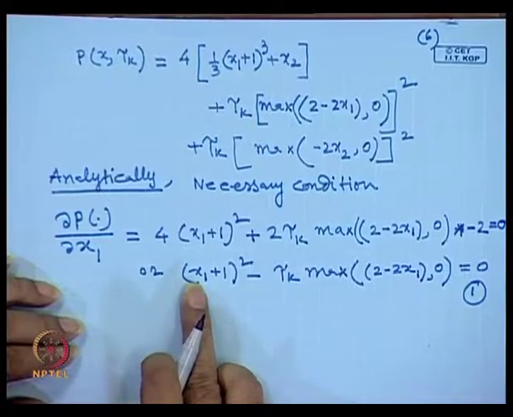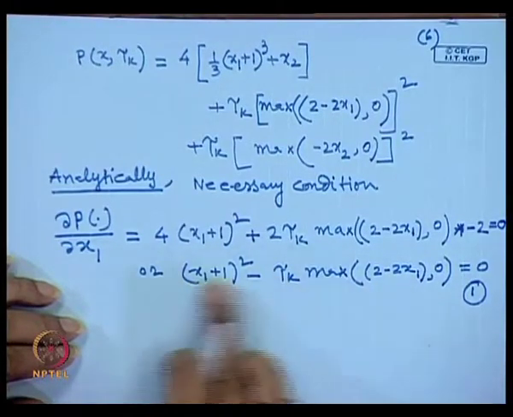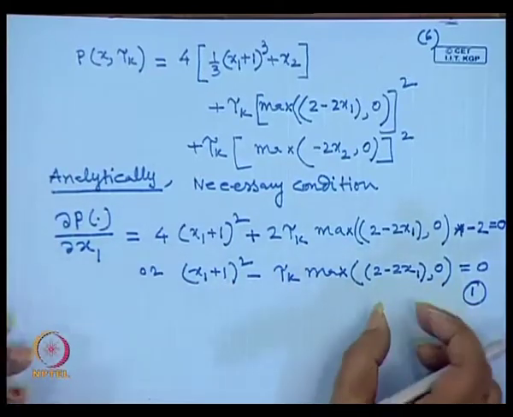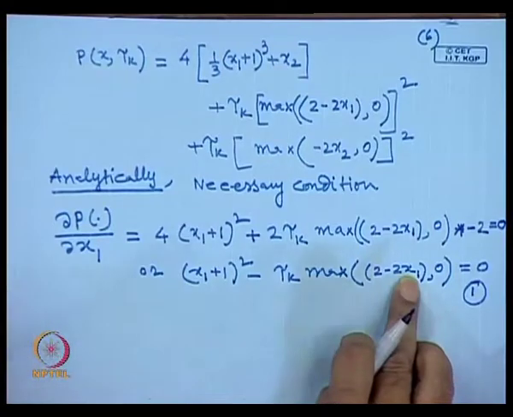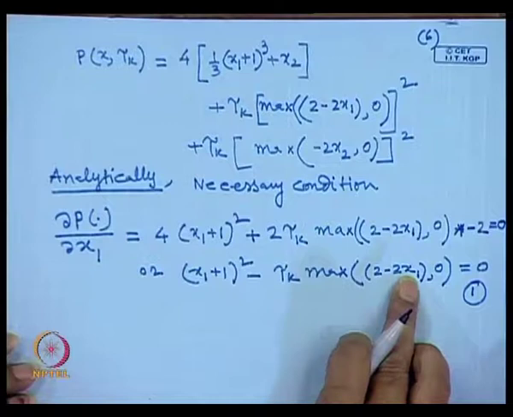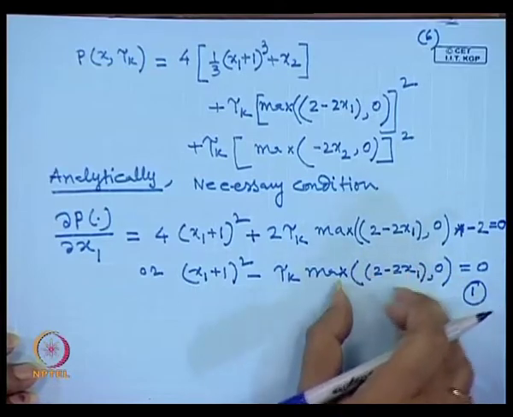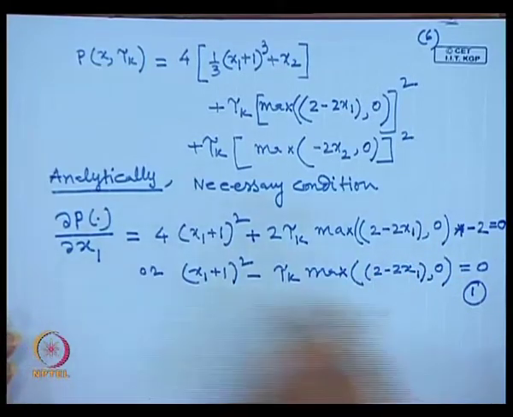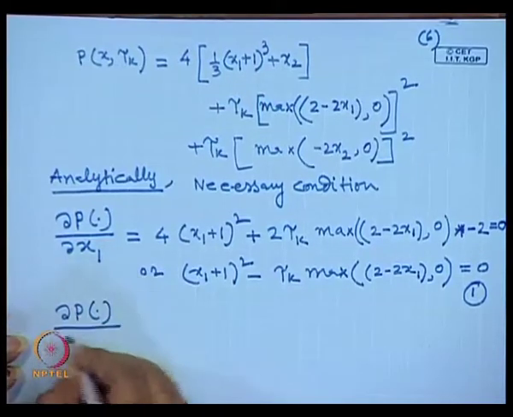So, you see here that when it is an infeasible region, this quantity is positive. Infeasible region means when x value is less than 1. When x value is less than 1, this value will be a positive quantity. I will take this quantity only. So, next, there are two decision variables, so del by del x 2